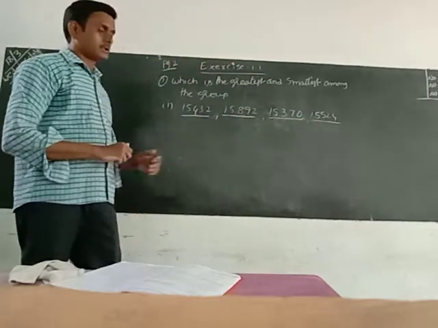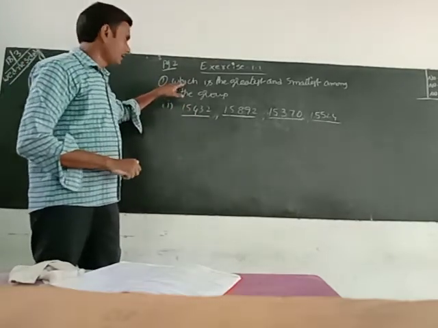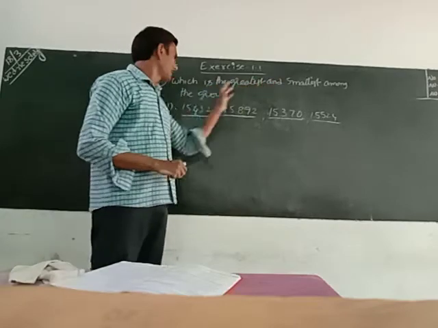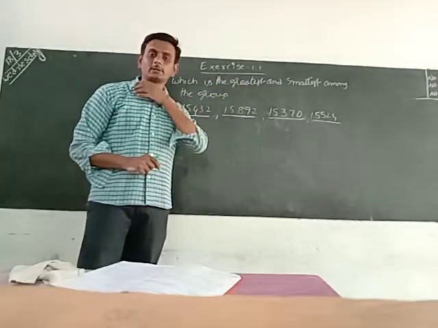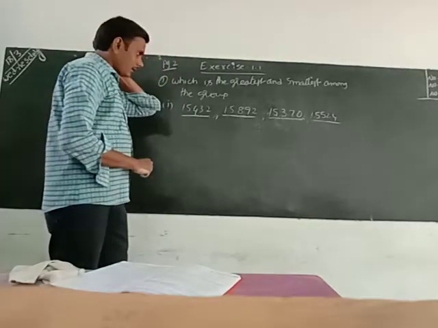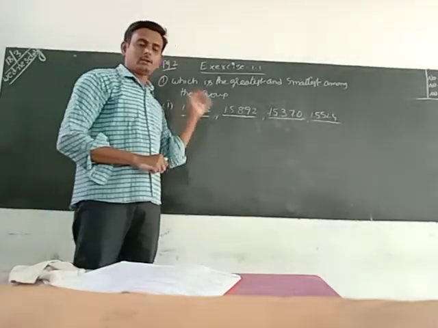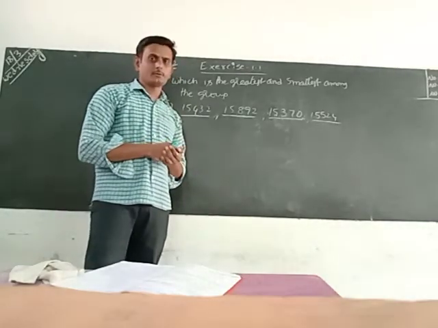In those 4 numbers, which is the biggest, which is the smallest? I want to identify. That is the question given. Which is the greatest and the smallest among the group? Okay, in these 4 numbers, which is the greatest number, which is the smallest number? We want to identify. Okay, see here. Each number, already in the previous one, we told that.